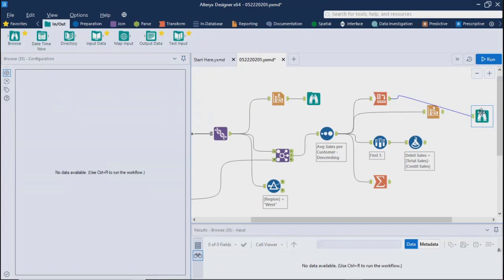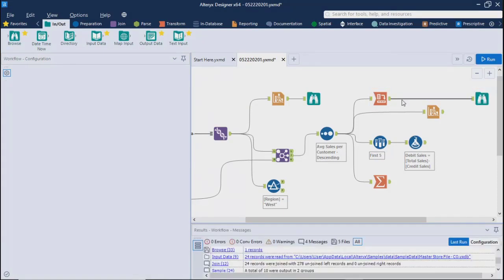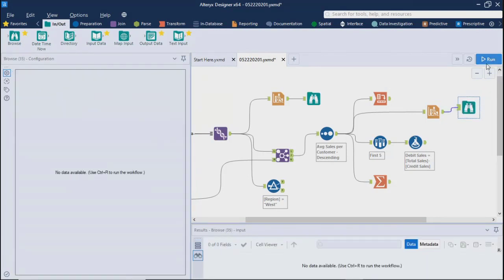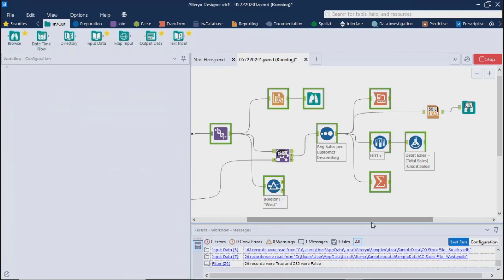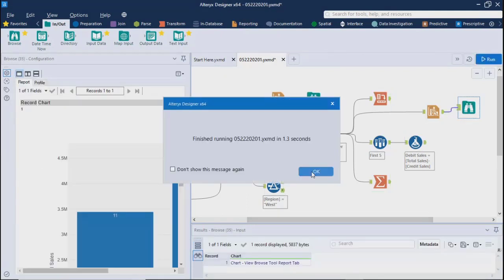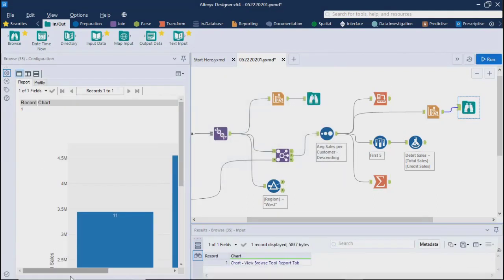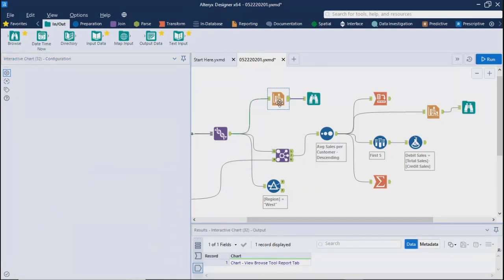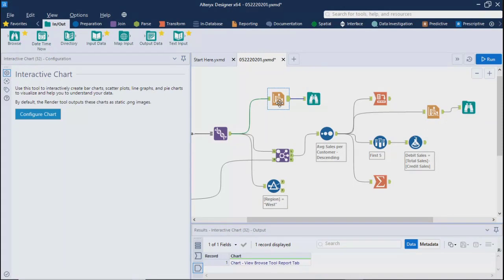Sorry, not there. We need to add it. So this is available for you to view over here. See, there are two types of charts we have seen so far. One is the chart you can directly see from the profiling of your data.